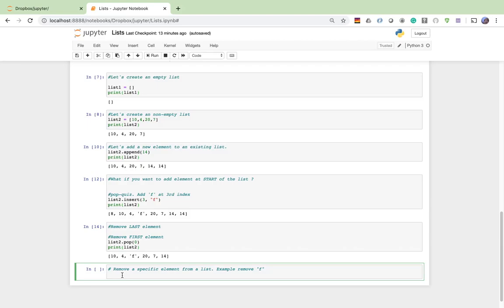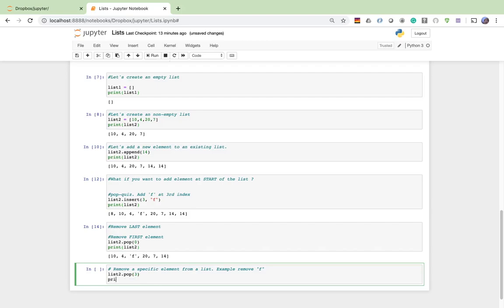So now if I do list2.pop, and then you would put the index, F is at the third index, and so we would put 3 there. And then now if we print this,